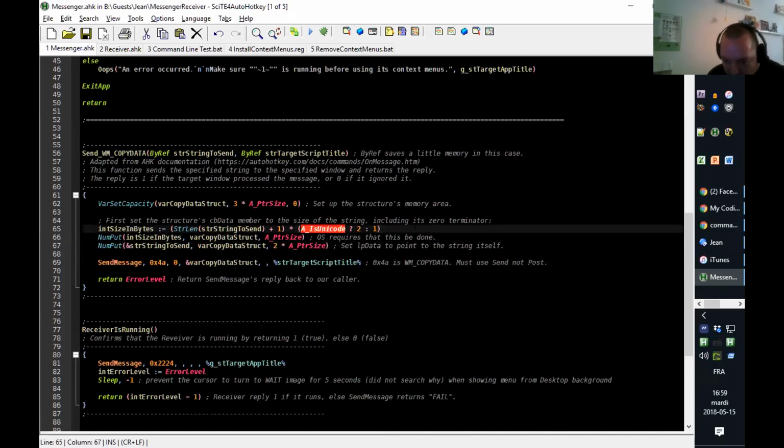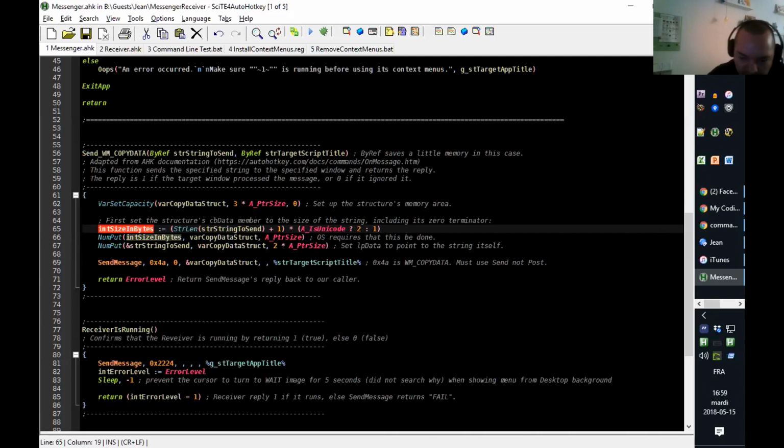And then, exactly as Jean is showing there, you multiply it by either 2 or 1, depending on that small ternary operator. So you get the length of the string plus 1, and then you multiply it by 2 or 1 to know how many bytes to put inside your